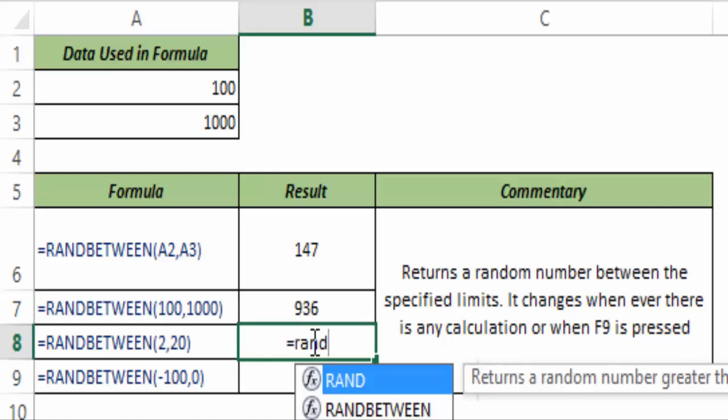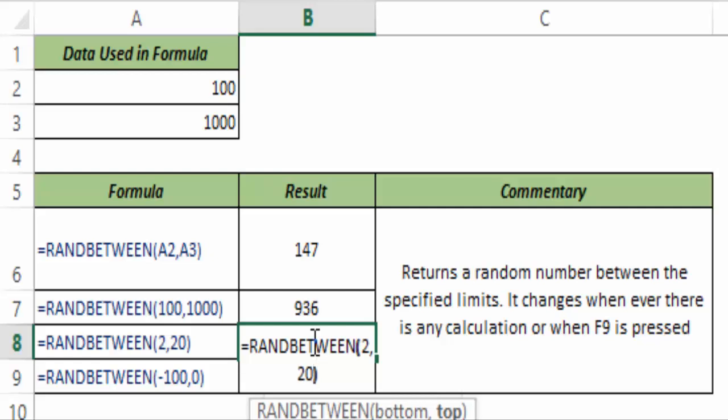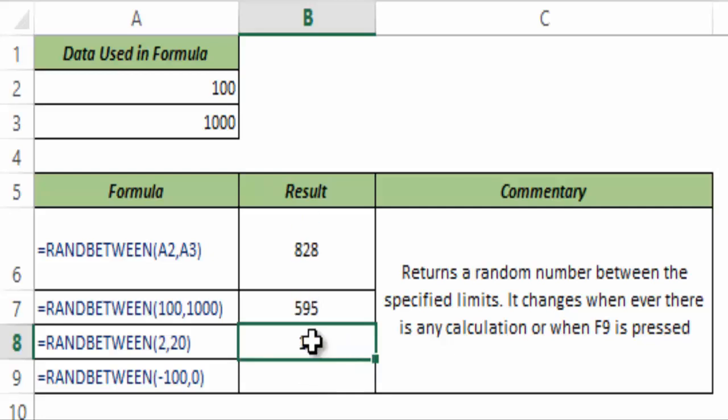You can play with this function. It can generate numbers when you key in the top and bottom value. In this case I have the bottom value as 2 and top as 20, and I hit Control Enter, and this generates a number between these two numbers, and you can see the values above this also get recalculated.